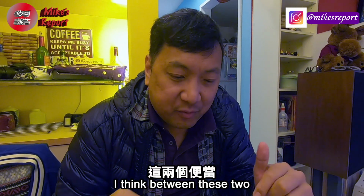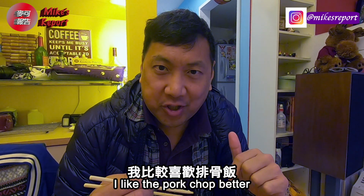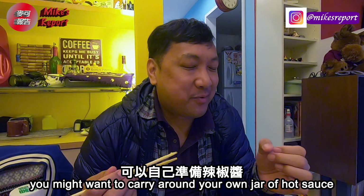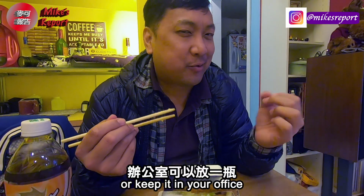I think between these two, I like the pork chop better. The only thing I would say is missing is some hot sauce. So when you're having these bento boxes, you might want to carry around your own jar of hot sauce or keep it in your office. But otherwise,